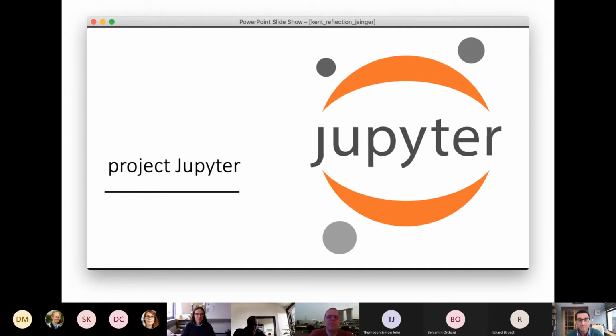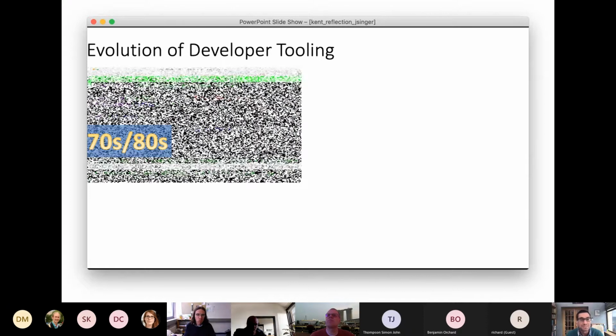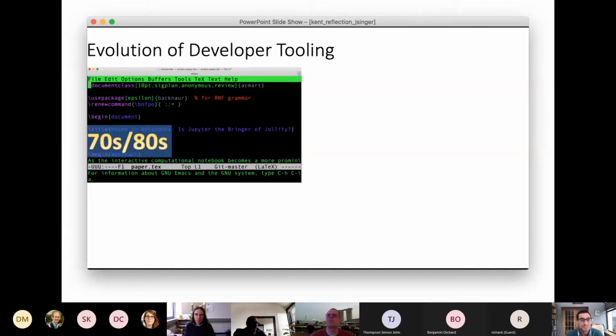So to think about how this programming language, I want you to consider the evolution in developer tooling. Some of us, myself included, I must confess, are still stuck in the 70s and 80s, and we write in text editors. Yay! So this is an Emacs editor here for my sins. I use Emacs normally, and this is, I suppose, a terminal interactive way of developing code.